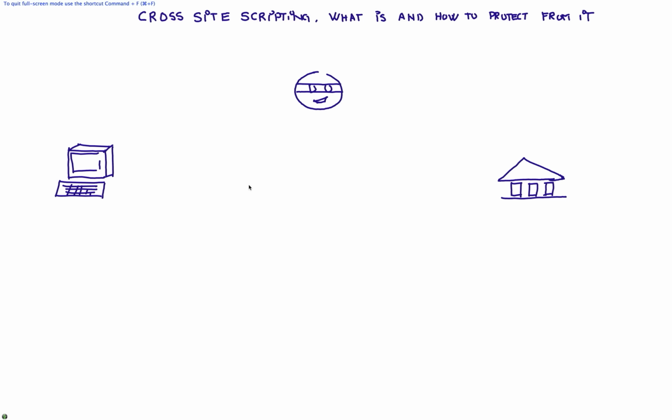What is cross-site scripting and how to protect ourselves from it? Well, first of all, in the latest X-Force report, we see that 51% of all web vulnerabilities are related to some sort of a cross-site scripting attack, which is remarkable because this is a threat that has been evolving